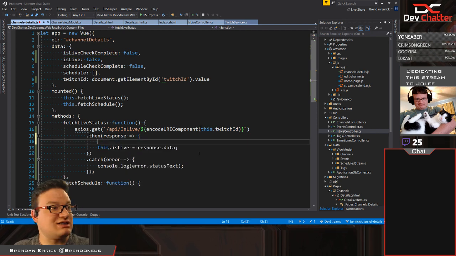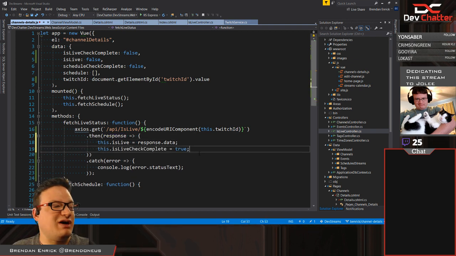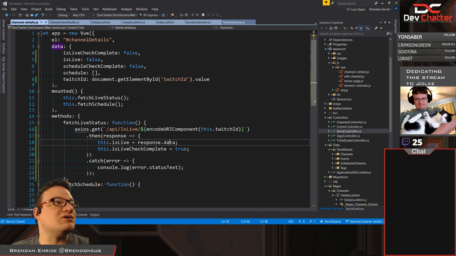And actually, let's do this after we've set the value so that we don't get a blank if the value comes back differently. So we're going to set the data equal to that. That should be just straight up a Boolean value. So we're going to put that in there. Is live. If we got an error, we'll catch it and console log it. That's fine. We're not really doing anything that needs more than just a console log for dev purposes for now.